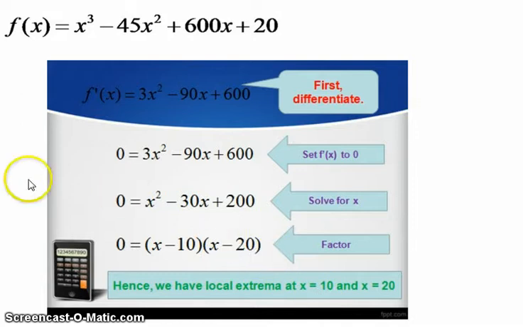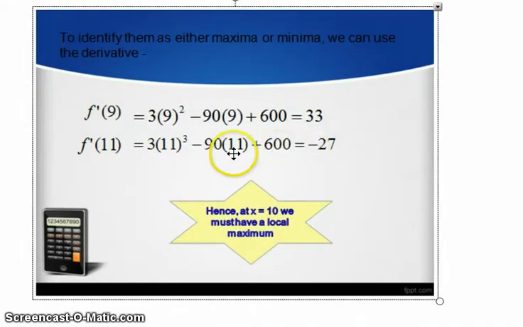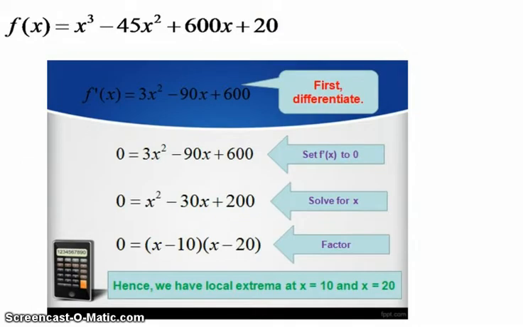I don't have to write everything out, but I hope that at home you can get a pen and paper and solve it, and you should get x equal to 10 and x equal to 20. Now once you know that those are your local extrema, x equals 10 and 20,